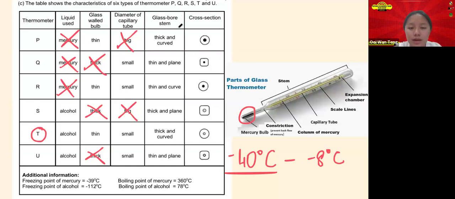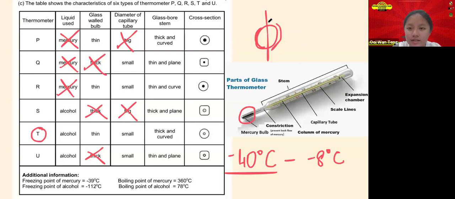Okay, for the glass ball stem, should we choose a thick and curved or a thin and plain stem? We should definitely choose a thick and curved glass ball stem, because if we choose a thick and curved glass ball stem, we can see the scale easily, because if you see the cross section here, it is like a circle. When we cut into half, okay, this part,